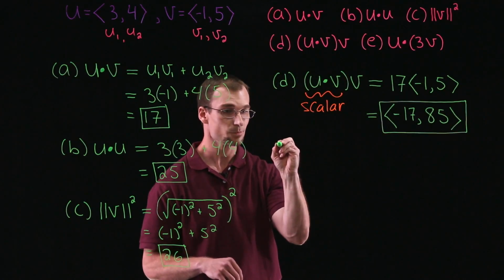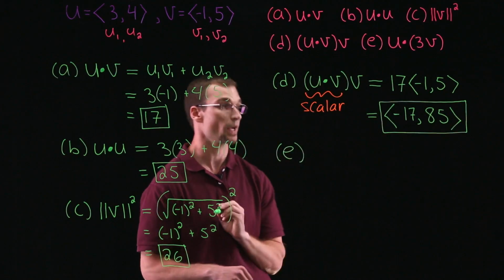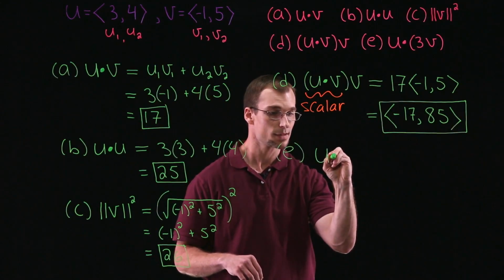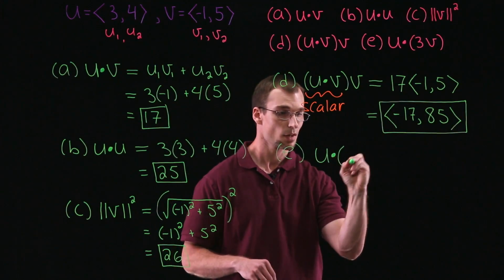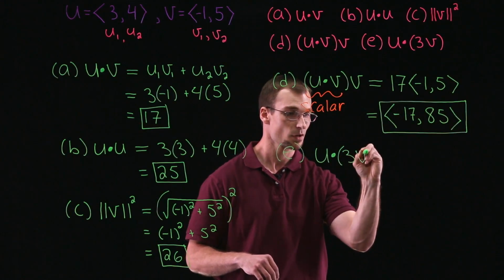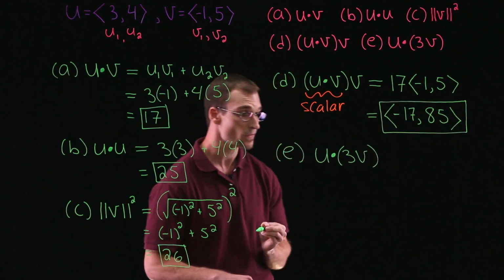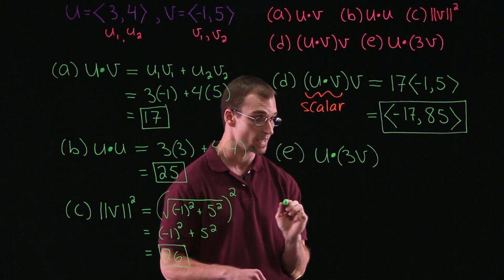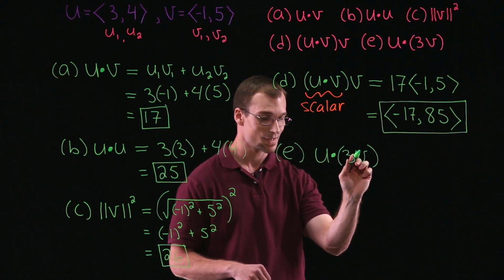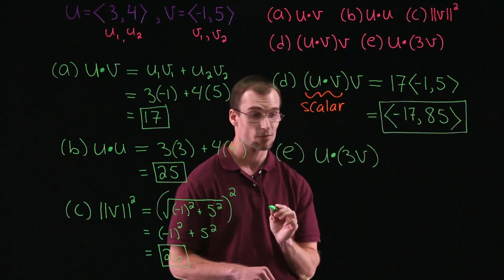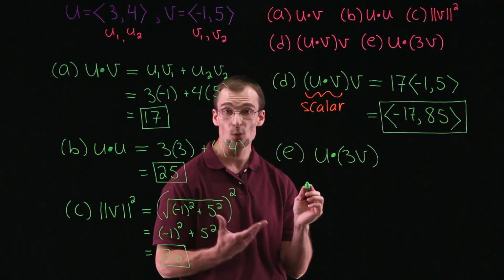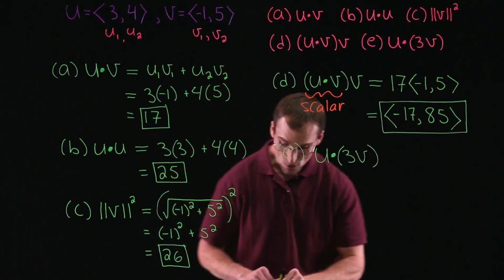And lastly, for part E, we have u dotted with the scalar multiplication of 3 times v. Again, paying attention to symbols, we have u dot this thing, 3 times v. A scalar times a vector gives us yet another vector, so this is the dot product between two vectors. There are two ways to go about doing this. One way